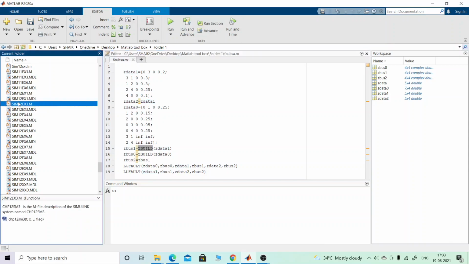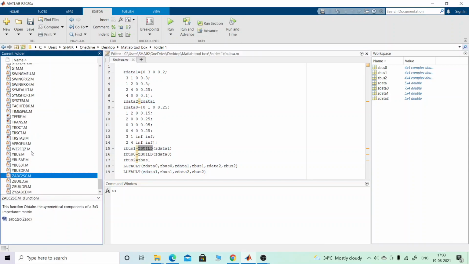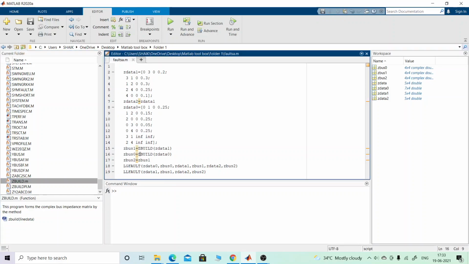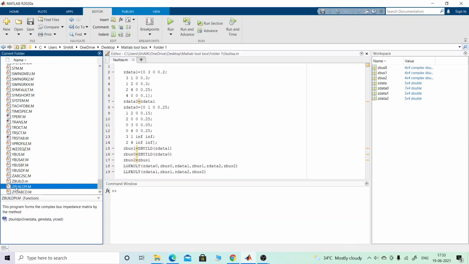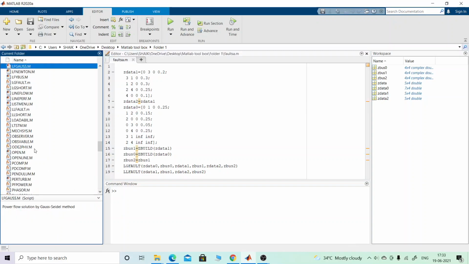In the program, the Zbuild has to be written with the same letters. This is in capital, so it has to be capital. Here also Zbus 0, Zbuild is also capitalized, so it should be capitalized. And here LG fault, I go for LG fault.